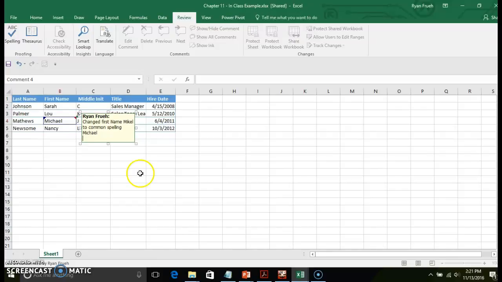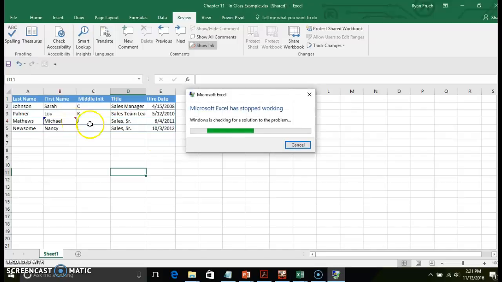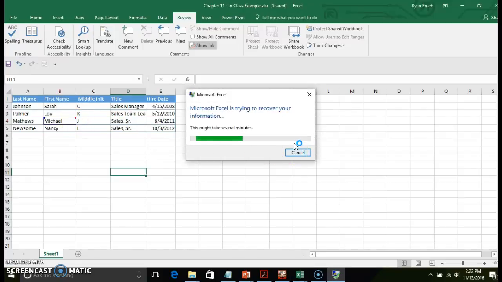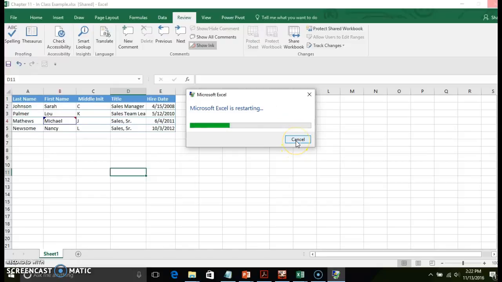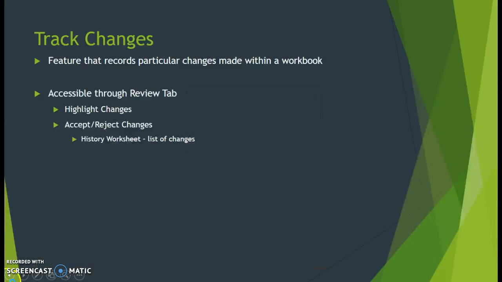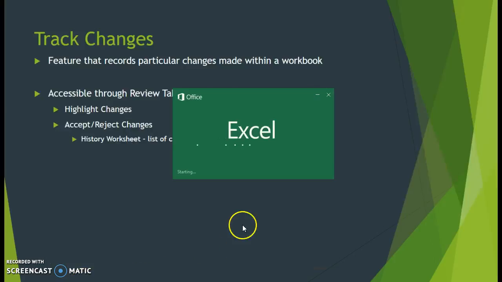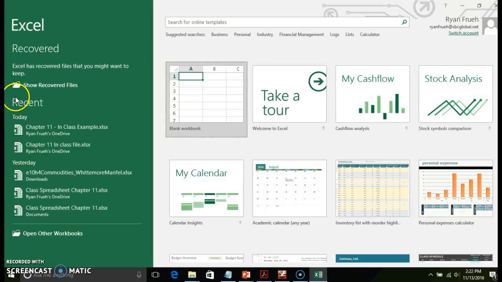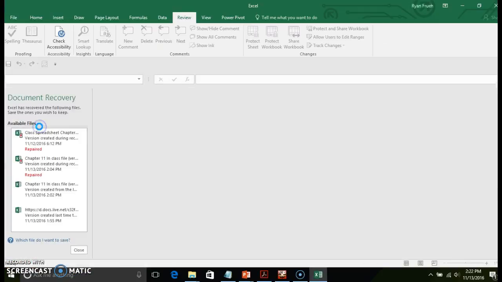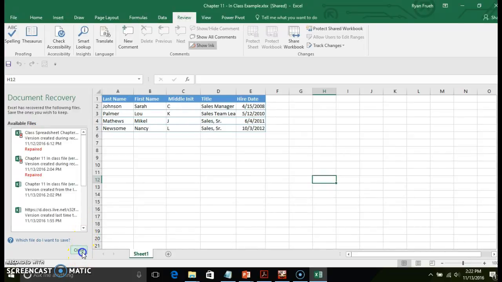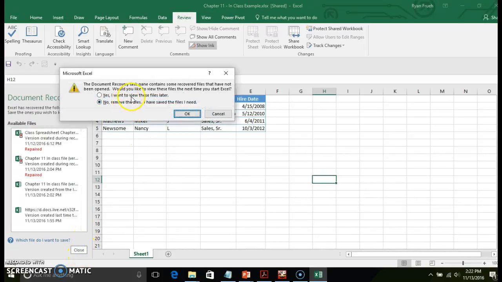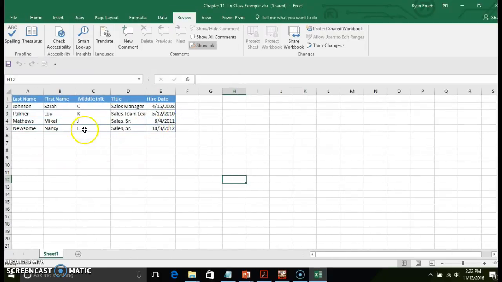And essentially what I'm doing by this is drawing the attention. I put a comment in here, kind of a secondary audit, that indicates that I've made a modification to that particular cell, but I've also indicated that I want to draw attention to the fact that I made the change and what the